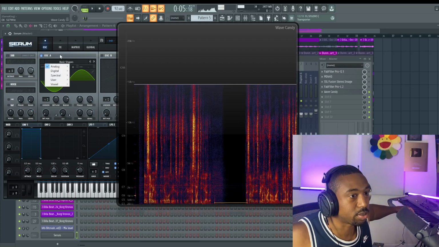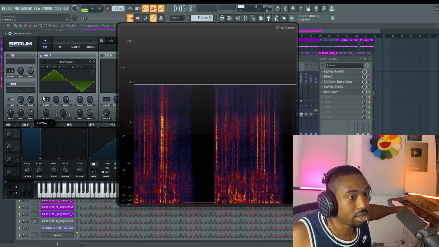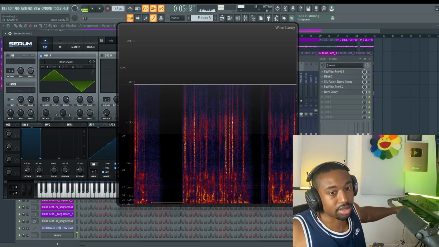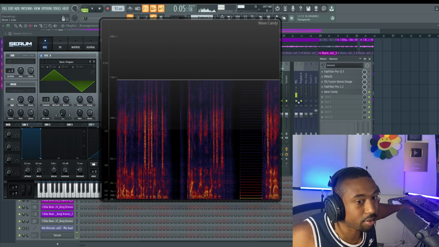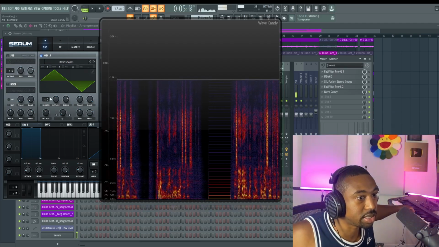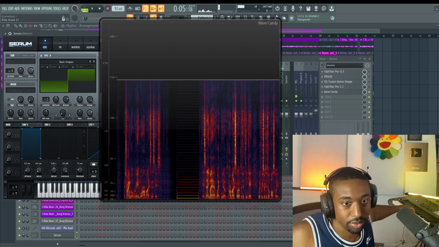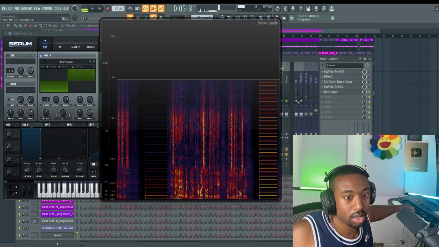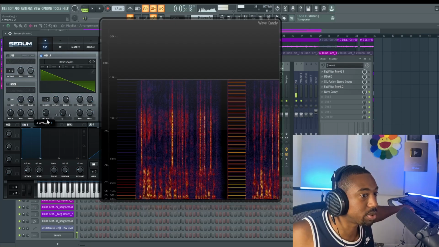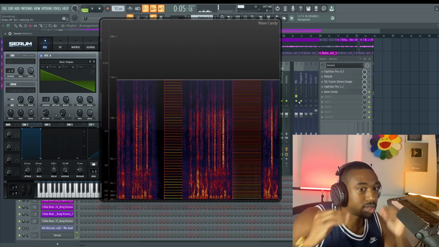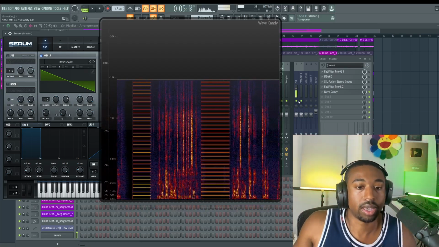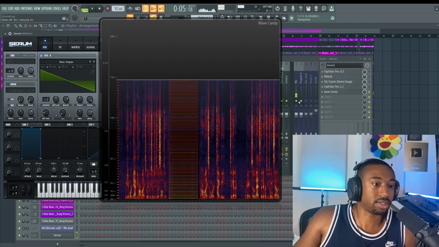Okay, now if I switch this waveform to a triangle, we're gonna get more harmonics in this case. Okay, so now you might have harmonics going up to 15K. What if we switch it to a pulse wave? We get more gappy harmonics. What if we switch it to a sawtooth? The harmonics are more tightly together. Okay, so that's the difference between sound is the harmonic content.